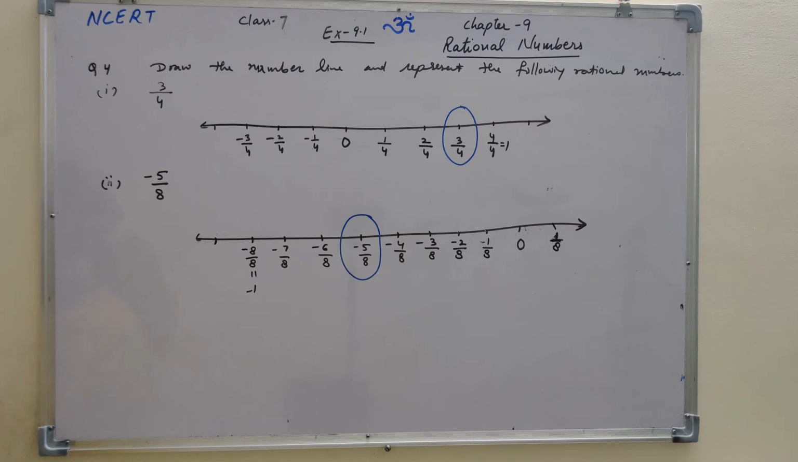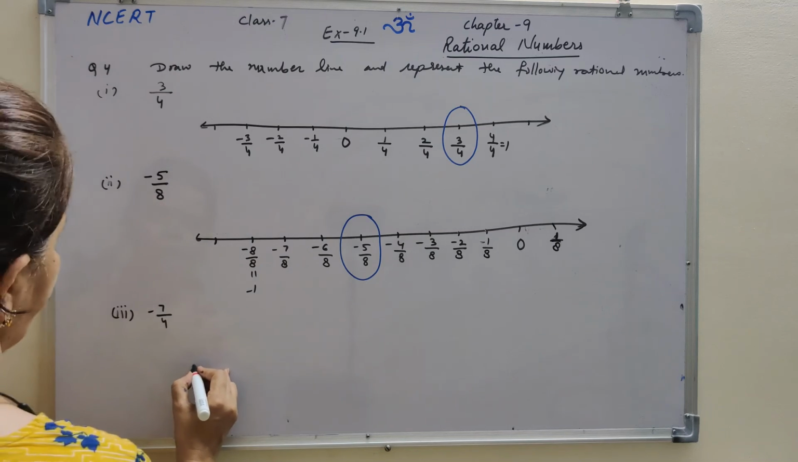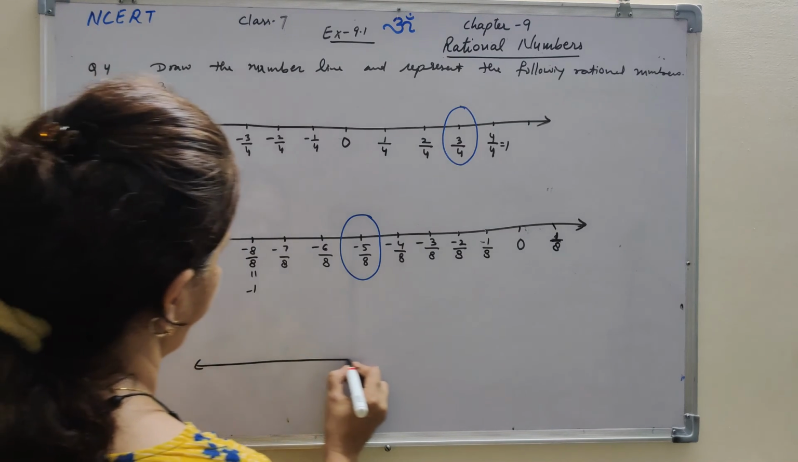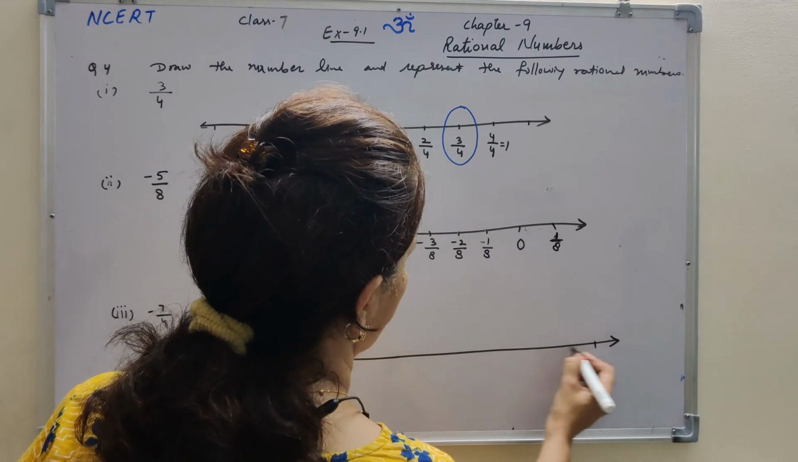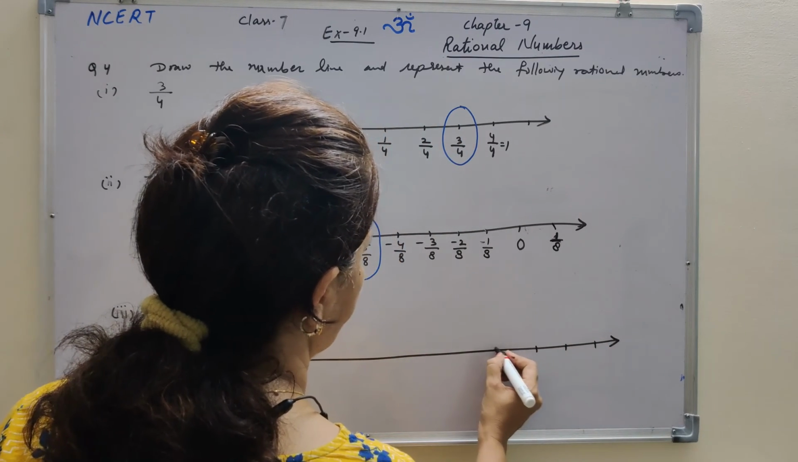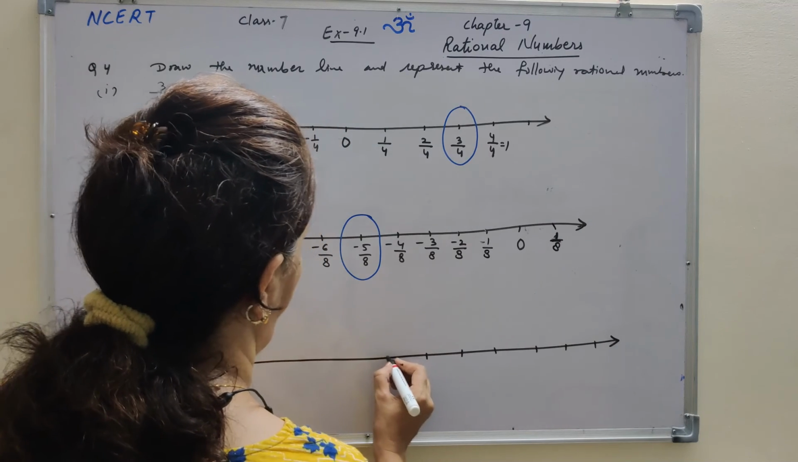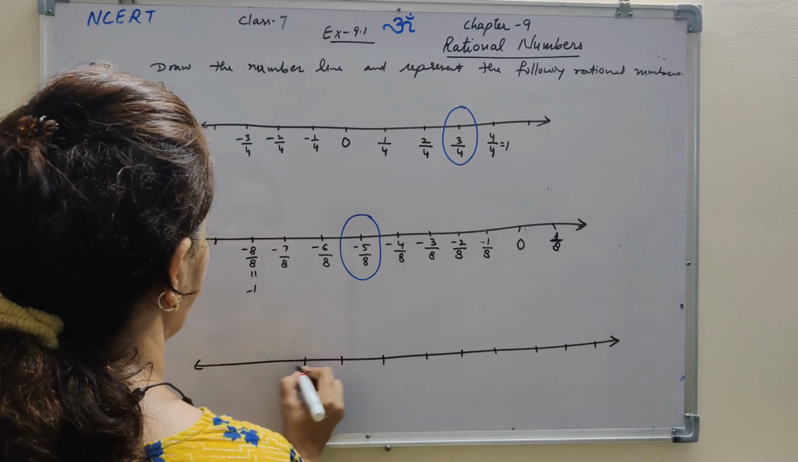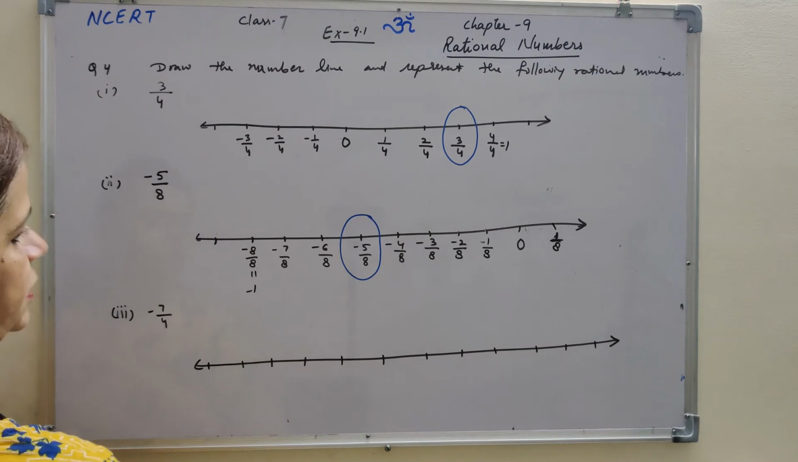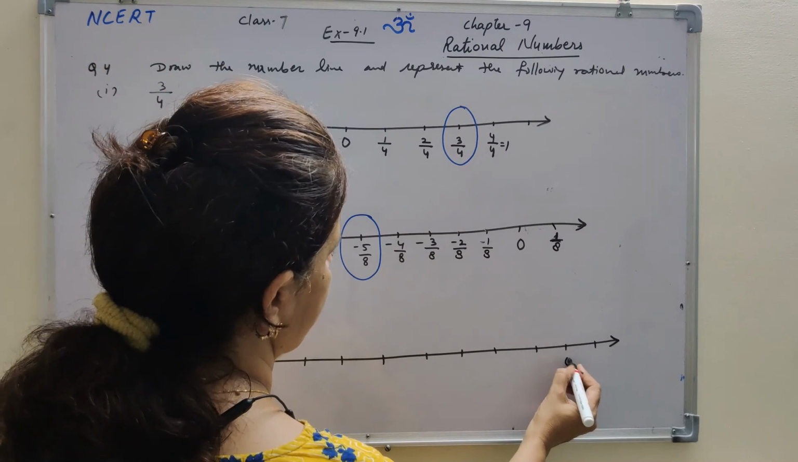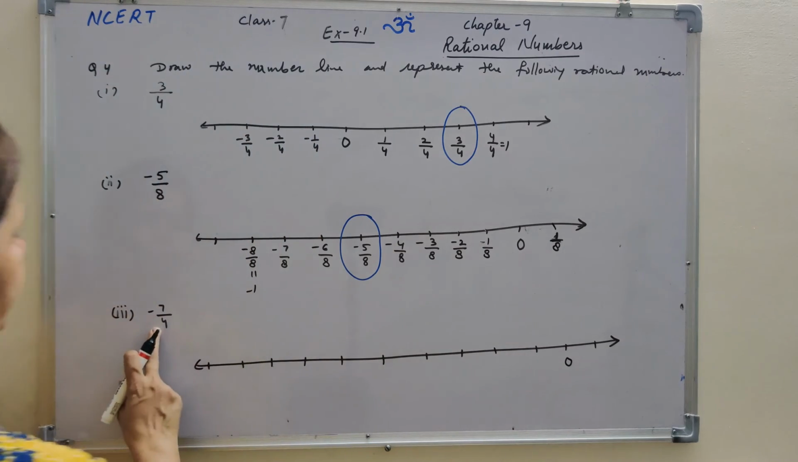Third part is minus 7 by 4. Okay, then for the third part, what I will do, it is minus 7 by 4. So that means again negative side we need to represent. Positive is not required here. So making a gap of 1 centimeter, using the scale you have to do marking, make a gap of 1 centimeter, and here I am writing 0, and this is because the denominator is 4, so